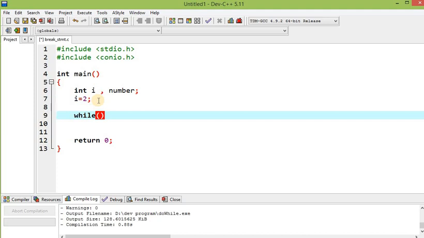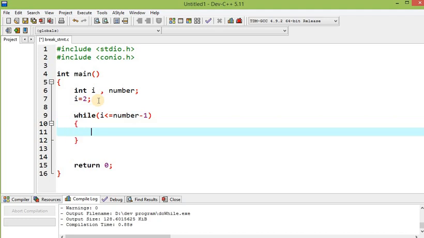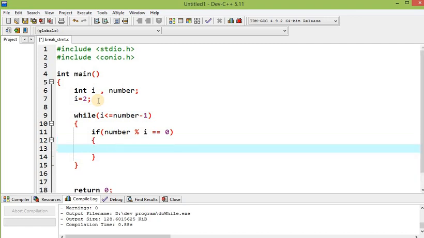Inside this while loop I will specify the condition. What is the condition? If i is less than or equal to number minus 1. This is my bracket of the while loop. Now inside this while we will check whether this number is perfectly divisible by this particular i or not. If it is divisible by this number, then the remainder will be 0. So this is the bracket of the if statement,